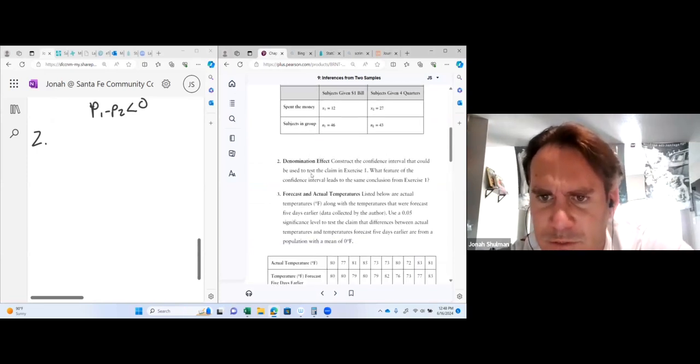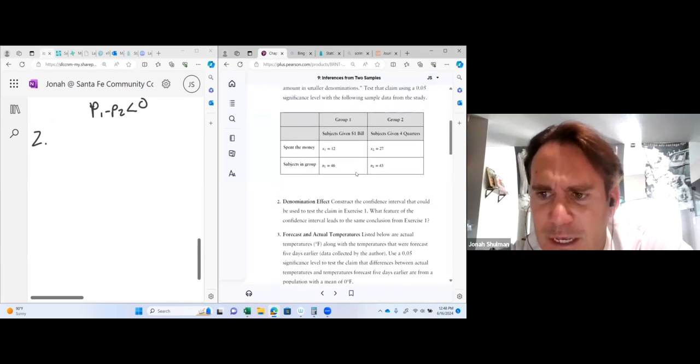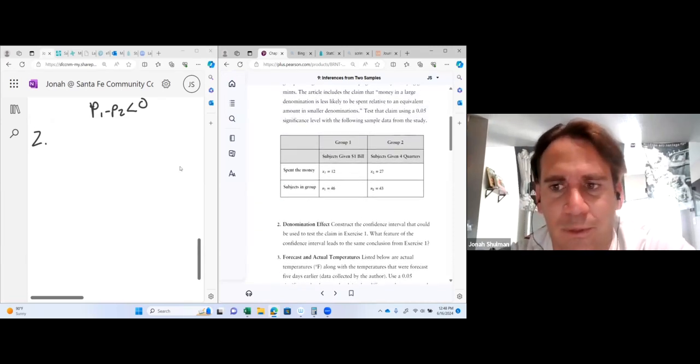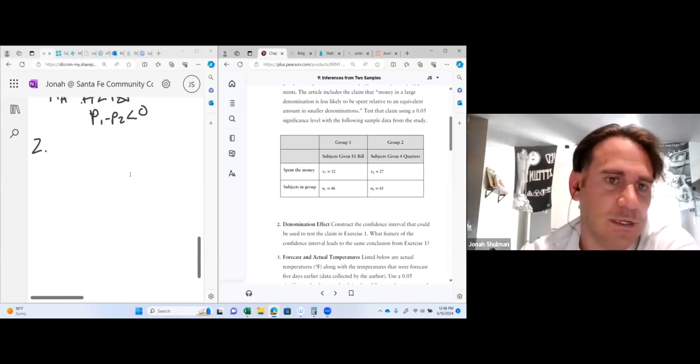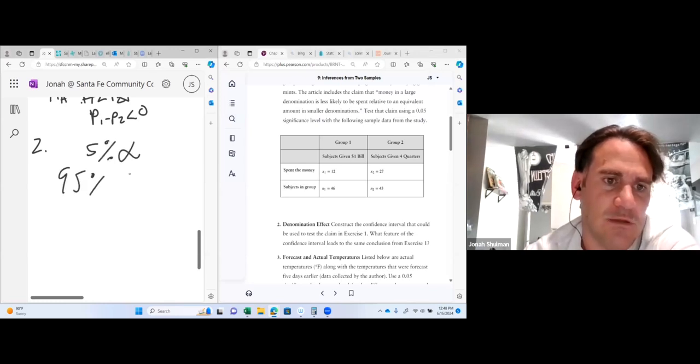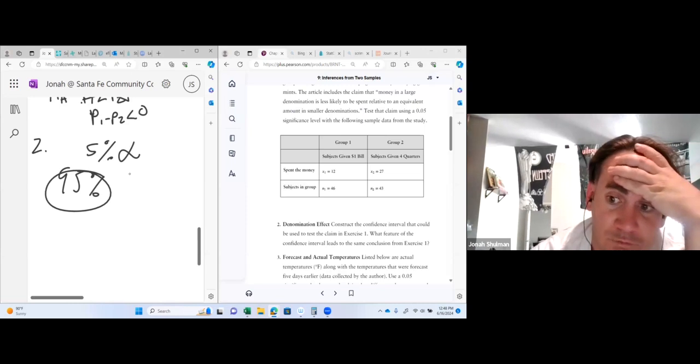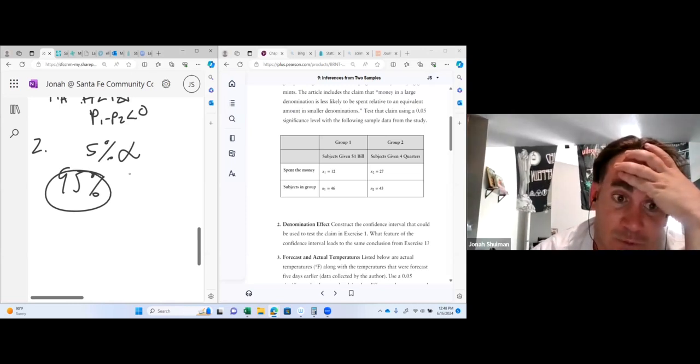Construct the confidence interval that could be used to test claim 1. What feature of the confidence interval will lead us to the same conclusion? Okay, so we get a harder question. So we want to be 5% sure, right? So 5% is our alpha. This means we have a 95%. So if I want to do a confidence interval for this to get 95%,